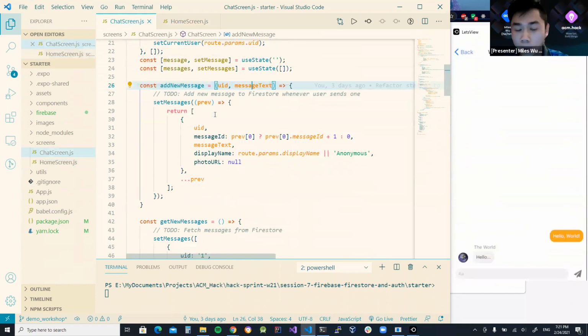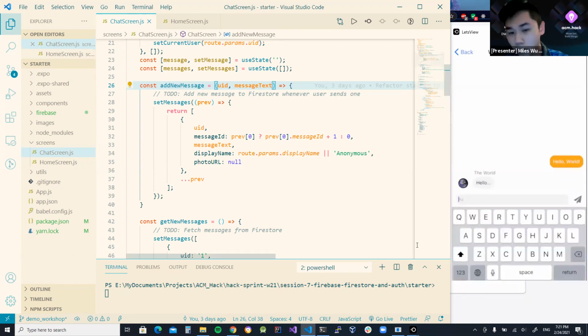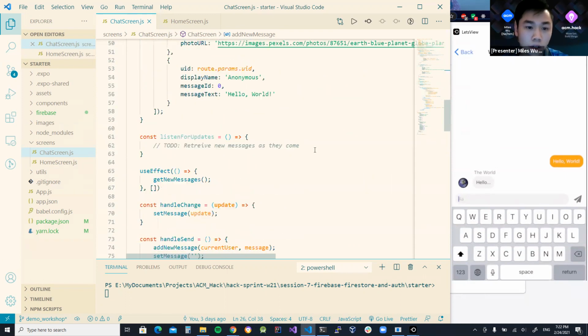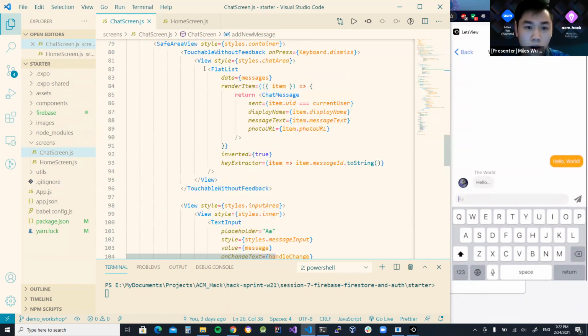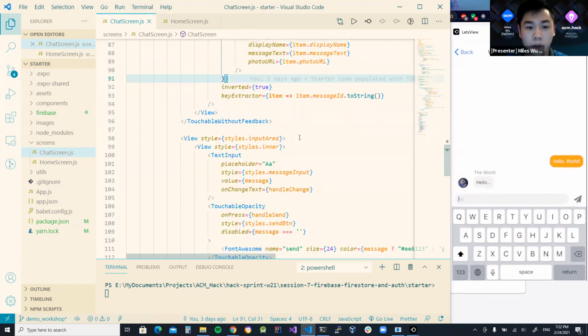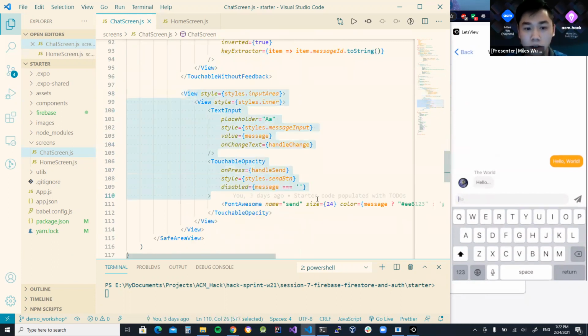The chat screen is split into two main parts. The chat area on the top where the messages are rendered, and then the bottom here is the text input where you can type in whatever message and send it. So in the code, this corresponds to our chat area, which is rendered using a flat list, not a scroll view. And so that is taking in this messages array, which is a state variable. And then our input here is taking our user's inputs, and it has a